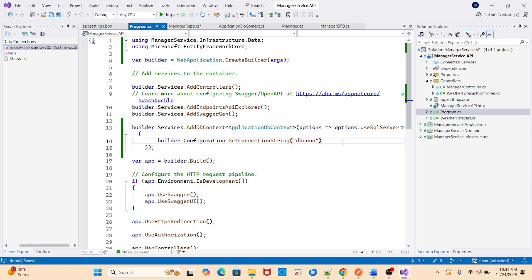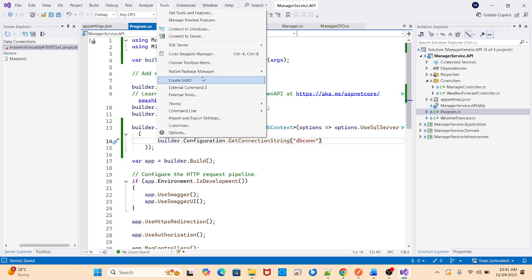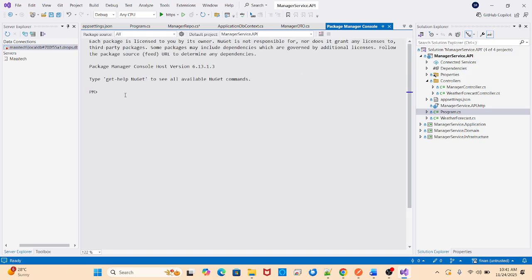The next is what? I think connection wala part is done, so we can move to the migration now. Here you can select it na where you want, like in the APIs only, na, inside the infrastructure, because the ApplicationDbContext file is present there. Add migration and